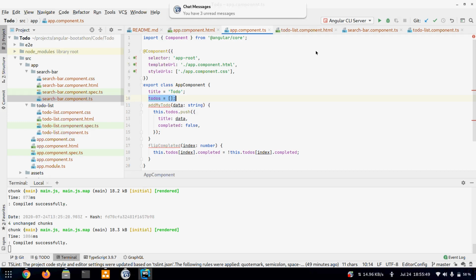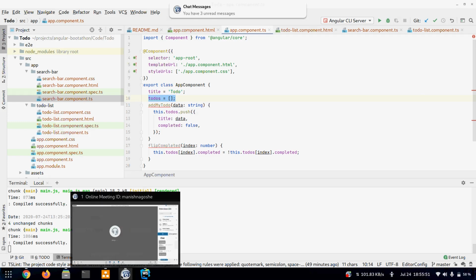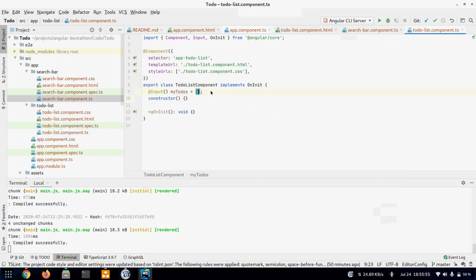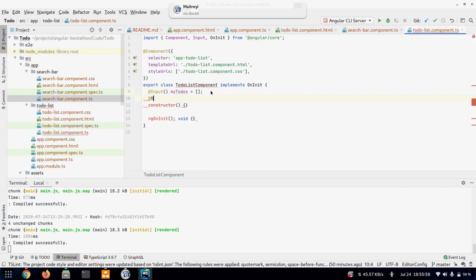Okay, so now whenever we click it, again we have to add that Output decorator, because the click will occur inside this todo list and it will inform the parent. So again, that same syntax, @Output. Let's call this one toggle.